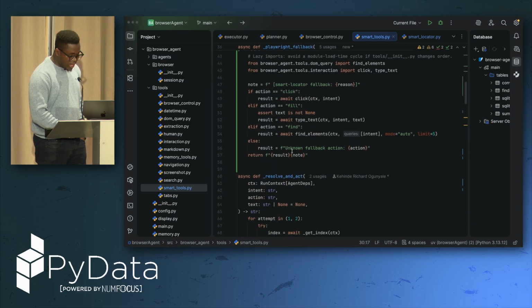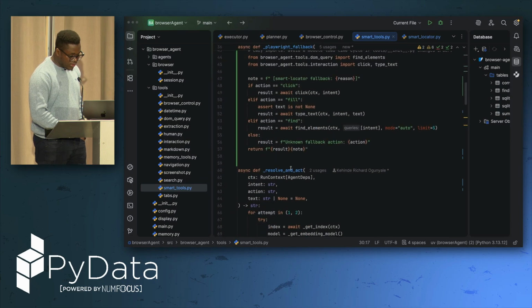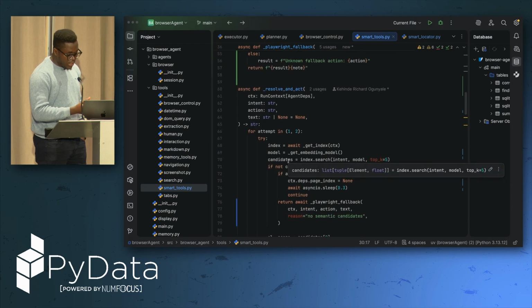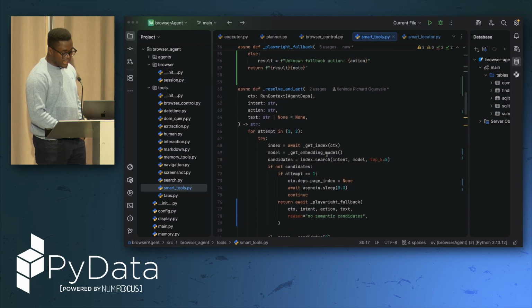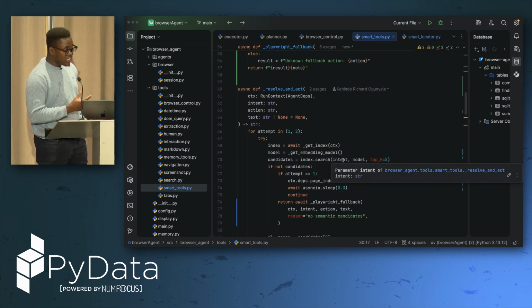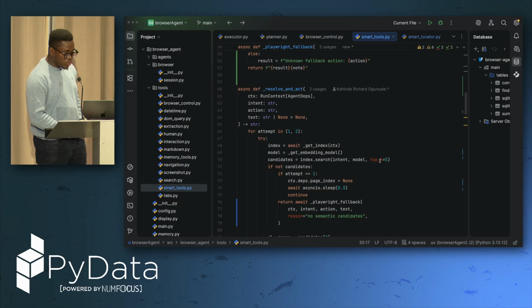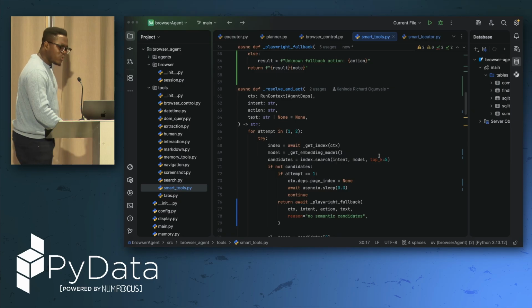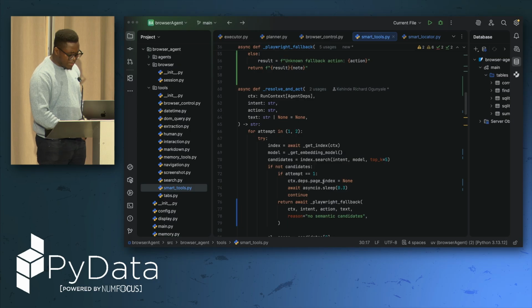Then we have various tools here like resolve and act. Basically, what this does is it gets the index from the embedding model that we have. It looks for the intent of what we want to do, because the LLM is going to tell it the intent of what we are trying to achieve, right? Based off of that intent, it's going to search the already indexed accessibility tree. When it searches the index that we've already embedded, it's going to return the top 5 results, and then send that back to